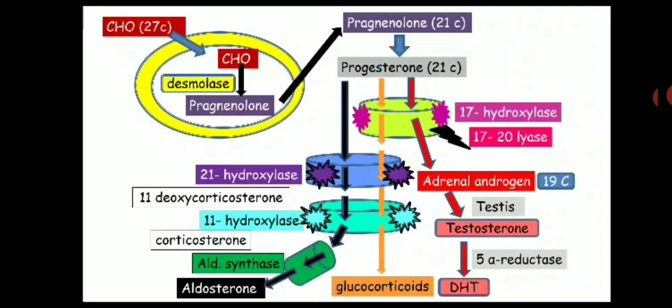Now, I deliberately make a mistake over here. If you want to make adrenal androgen, then you do not require progesterone. This pregnenolone itself enters inside this tunnel, inside this workstation. This pregnenolone will get 17 hydroxylation, then 17 lyase, and make adrenal androgen. Now this adrenal androgen then gets 3-beta hydroxysteroid dehydrogenase. It removes the H group from the third position. It will make the testosterone.